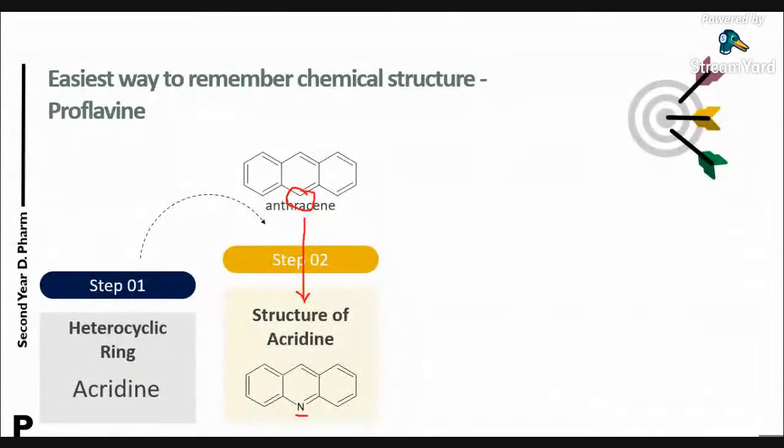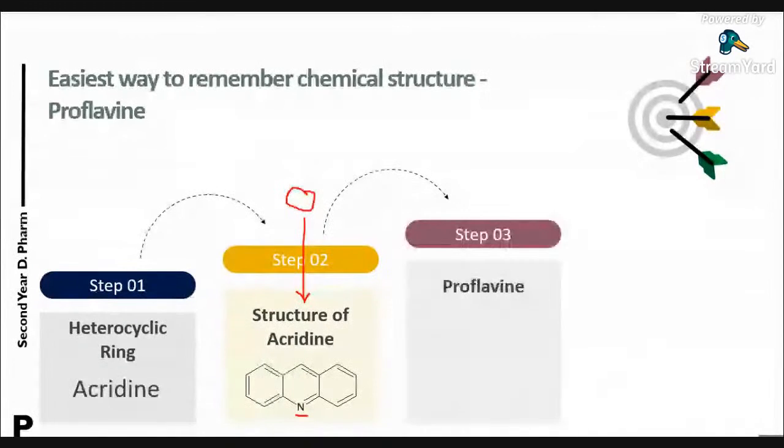So if you know the structure of acridine, just draw it and then go for step number 3, that is the structure of the drug, and then draw the structure of proflavin. Once you have drawn the structure of proflavin, then try to